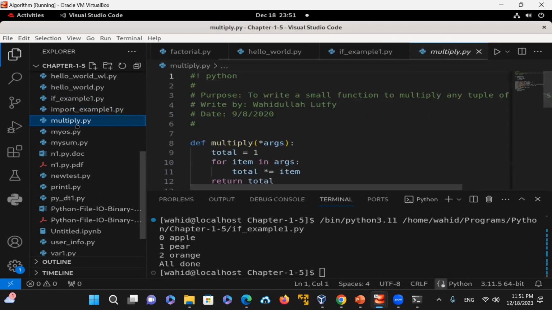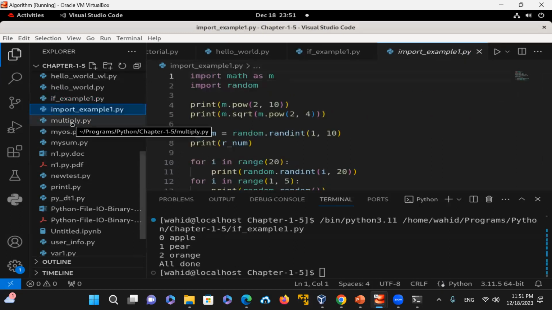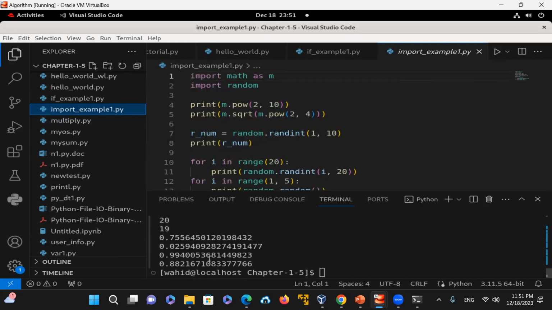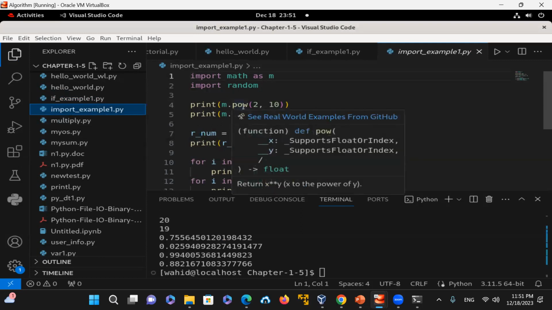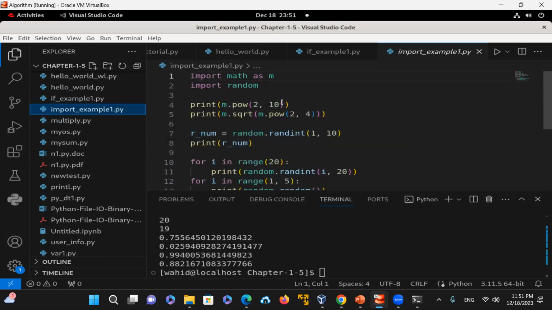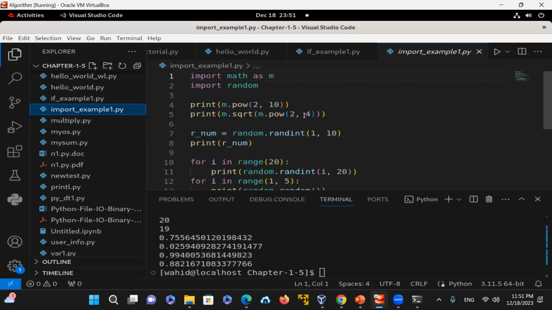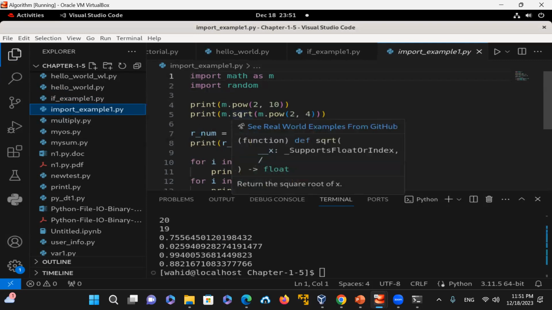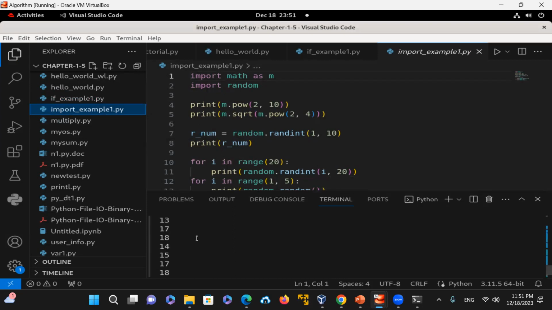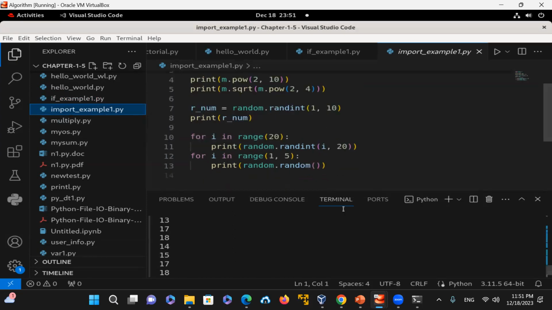There's a lot of other examples. Import example here. I'm doing math modules with random and everything. You could see it, you could run it. The code is there. So I'm running a math module as m and then random, and then get the power of 2 to the power of 10. That's 1024. This is square root of power of 2 to the power of 4, which is 16. Get the square root of it is 4. So the output of that one is 4. If I just get more of them,